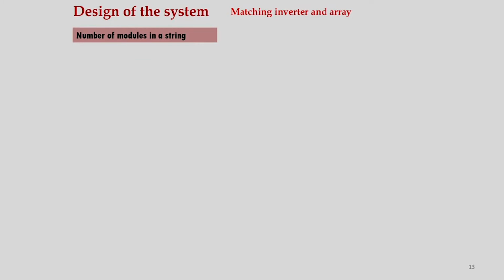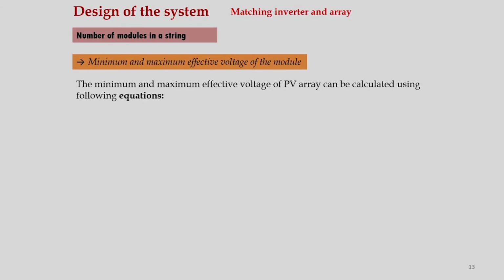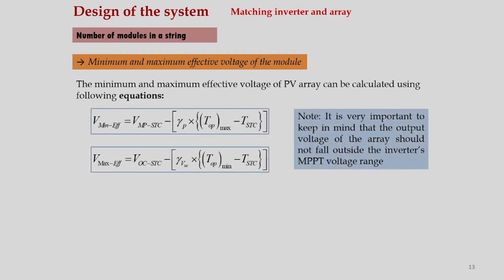Here we need to calculate the number of modules in a string. So, the minimum and maximum effective voltage of the module, how to calculate it? We can use this equation. V minimum effective is equal to VMP STC. This is the maximum power point voltage under standard test condition on the module side, and gamma P is the temperature coefficient for this voltage, and T operating maximum, because we already know the maximum operating temperature,